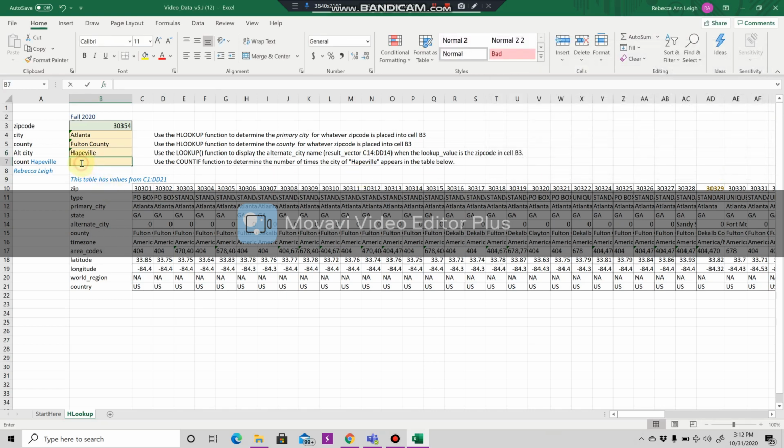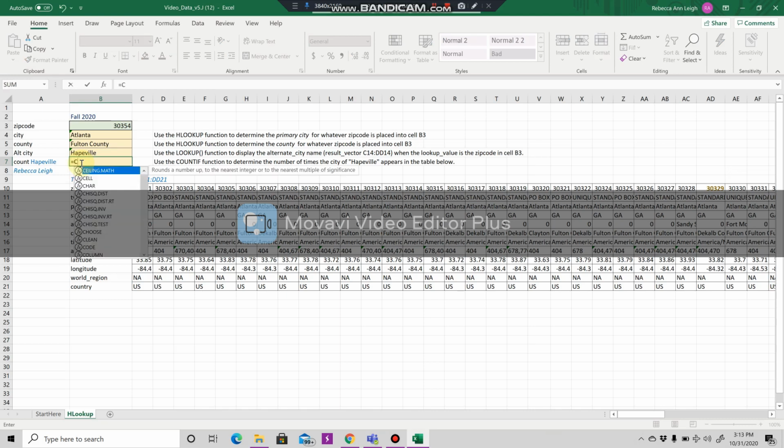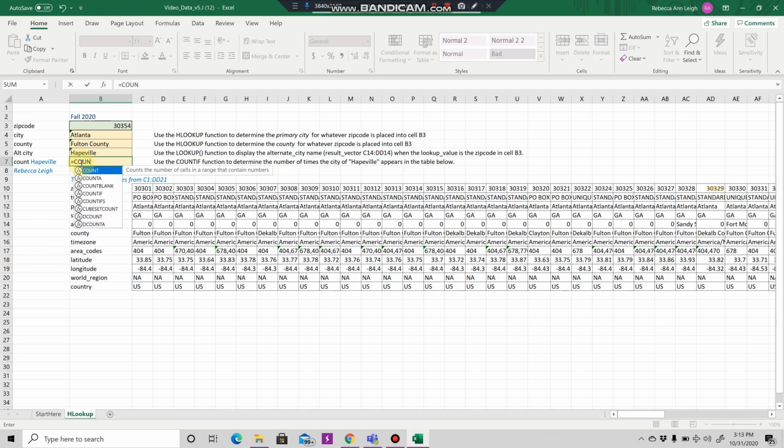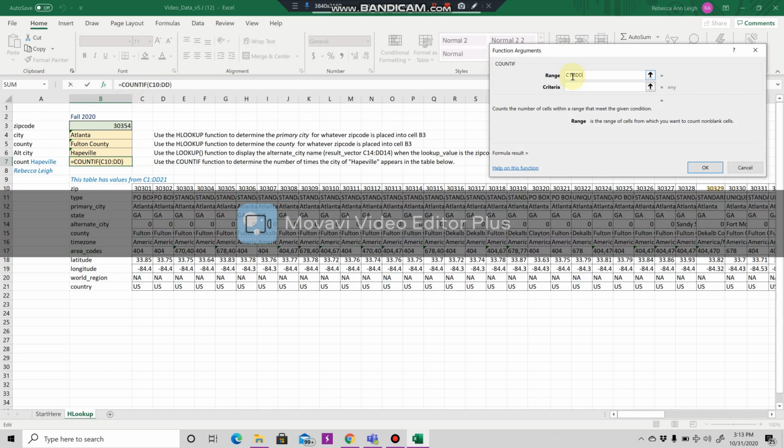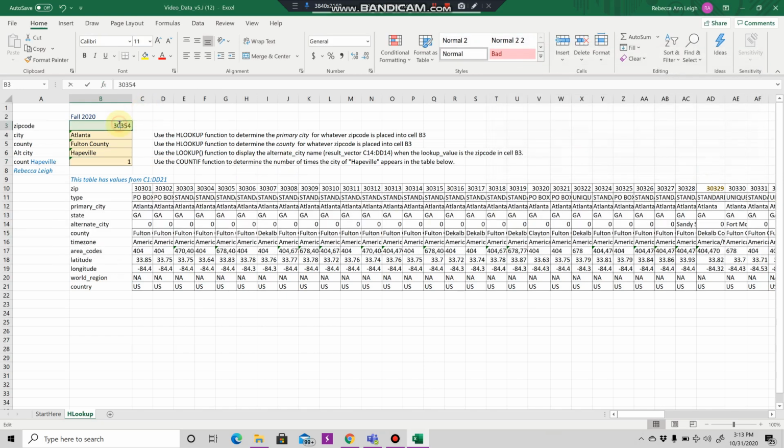And then we're going to be using the count if function in this last problem. Going to type in equal count if, and then you're going to press the FX key, and you're going to include your range here. It's going to be C10 to D21. Criteria is going to be what it's asking for, that field. And then here we're going to test out another zip code, 30326 this time. Hit enter, and you'll see